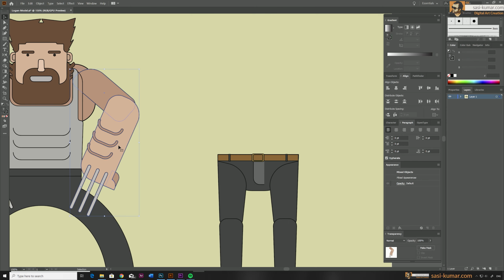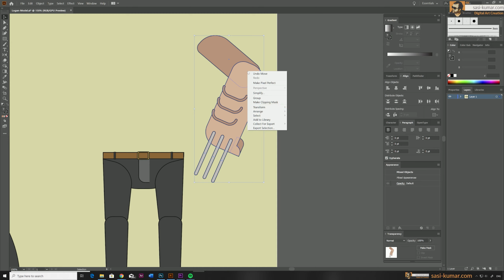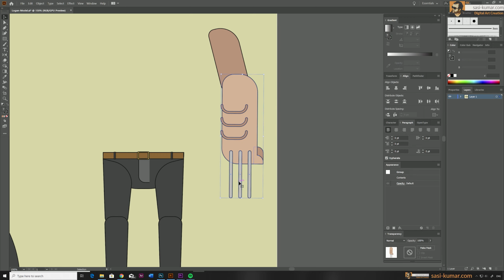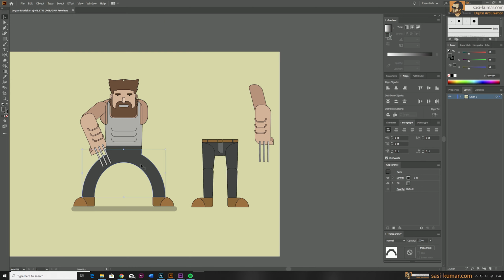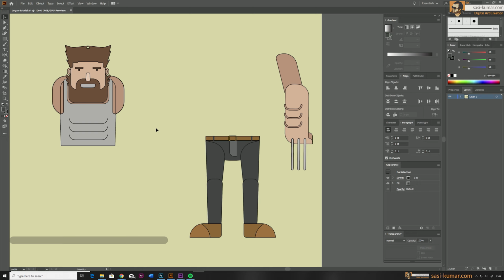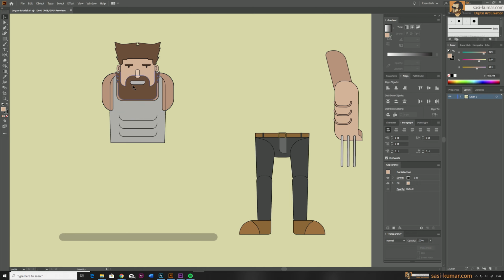Alright, so I'm going to change the pose of this hand also. I'm just selecting these and rotating them. I think straight somewhere around here it's okay. So this one also I will make as one object. So we have 3 objects in here. Alright, we can delete these things in here. So our legs and hands are ready. Now we start with our body.